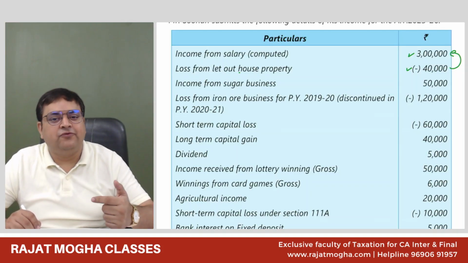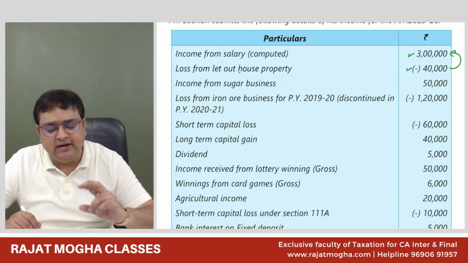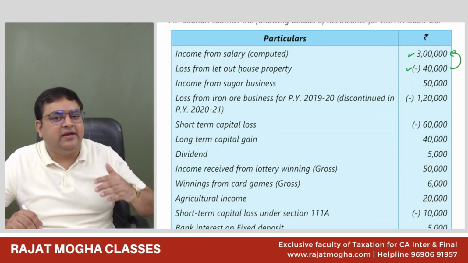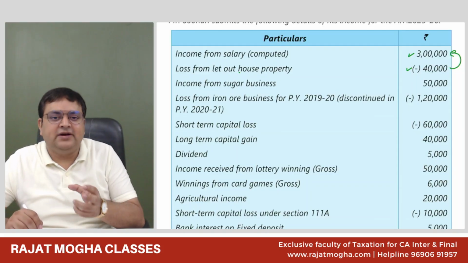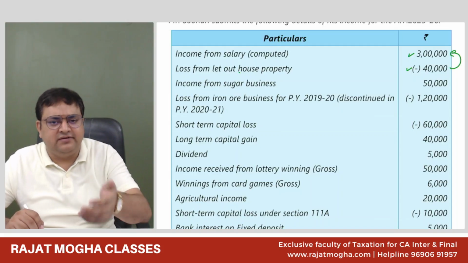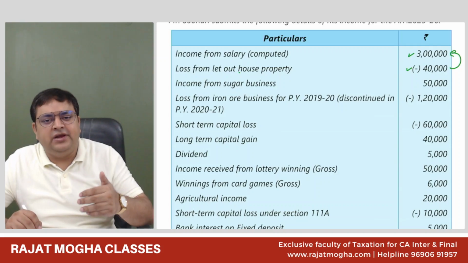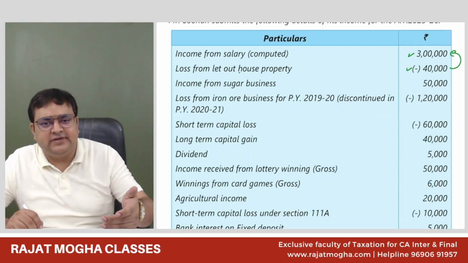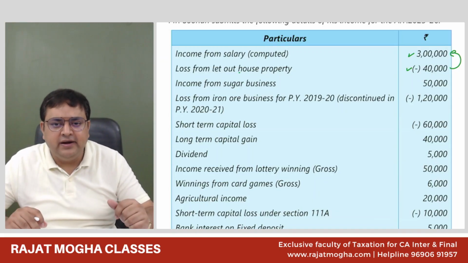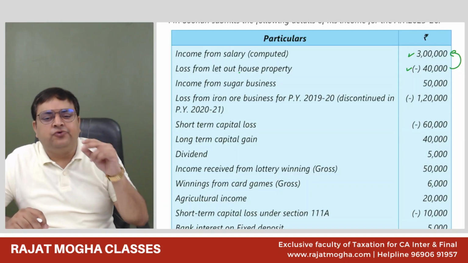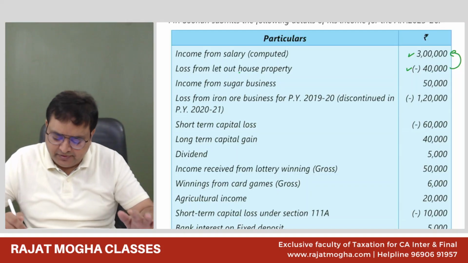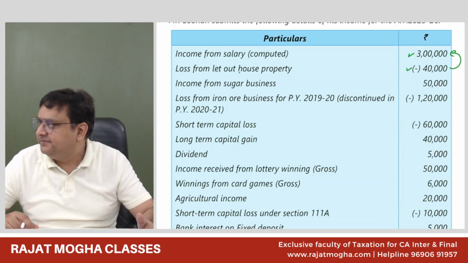PGBP losses can be set off only, not from salary. It can be set off from others. The current year losses of PGBP. See, if anything is coming from earlier years, it will go in the same head. But if the losses of current year, it can take the help of other heads also, provided there are certain restrictions. So PGBP has a restriction only of the current year losses related to salary. We cannot set it off from salary. I've told you in the classes also what is the reason actually behind it, but we are not going into detail now. So the PGBP losses can be set off from other heads except salary. But house property loss, there is no problem in optional regime. Now,